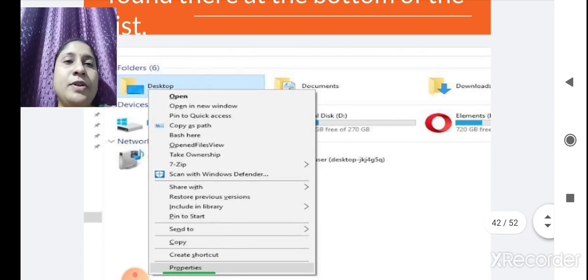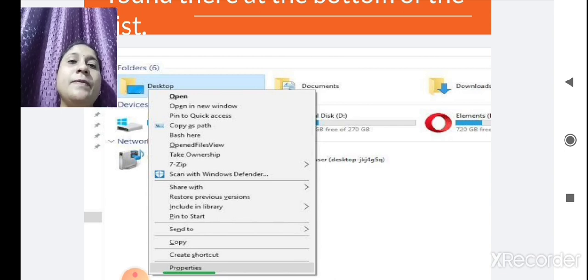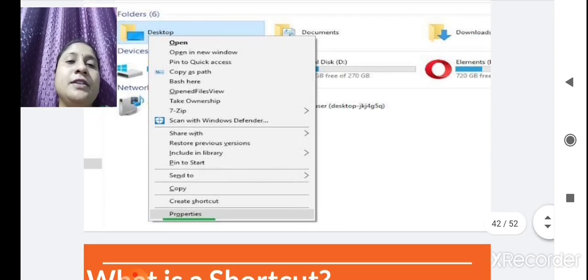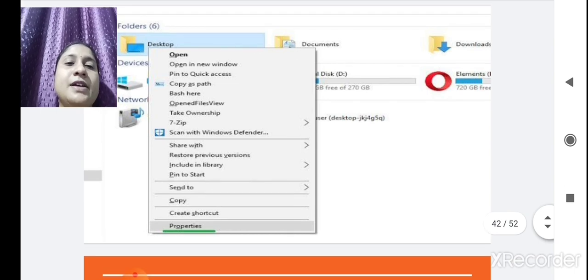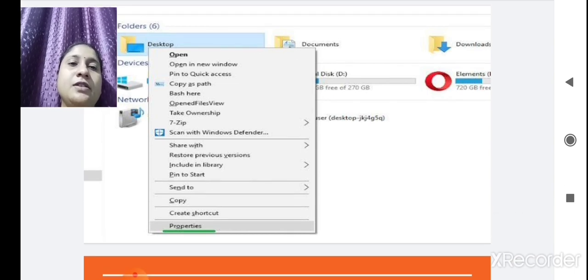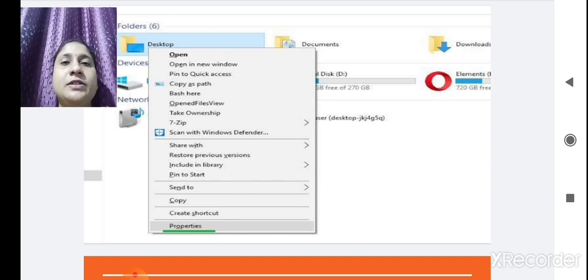You can see Open is there, means you click on open, it will open a new window. Then there are different options, and at the last there is Properties. Okay, Properties, it will show you their properties, how many GB it will occupy, all these things are shown.